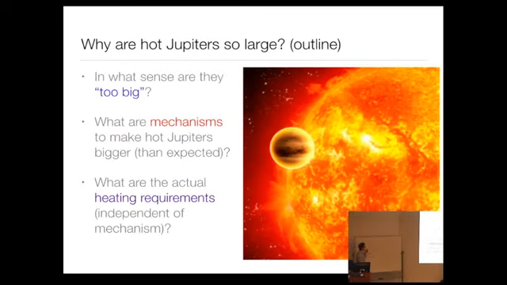So again, the issue here is, why are hot Jupiters so large? And so what I need to explain is, what do we mean by them being too big? Like, what is our expectation, and what